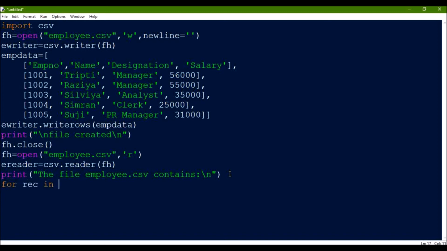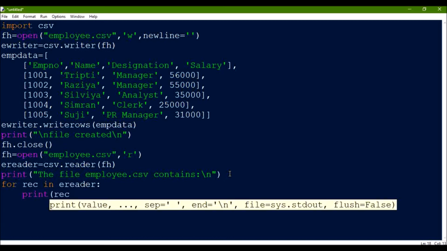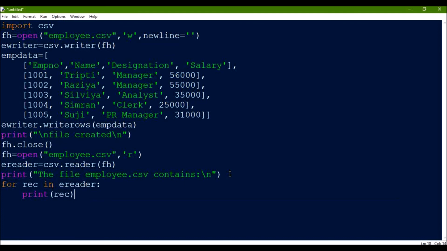So for this again I'll use a for loop. For rec in eReader, and then we have to print one row at a time. So we'll print rec, and then we can go ahead and close the file.